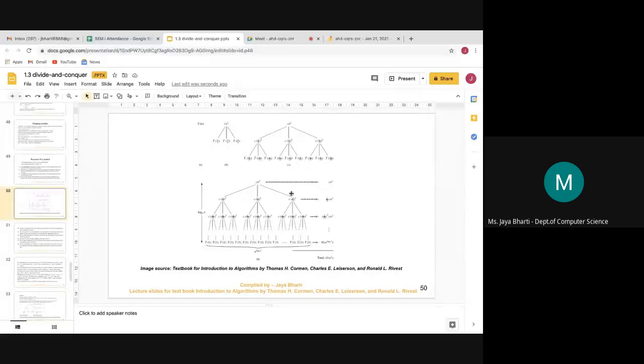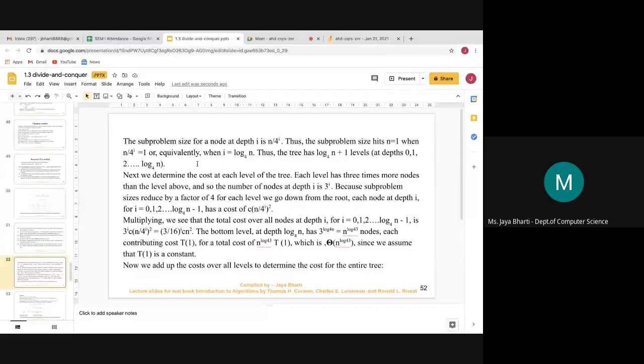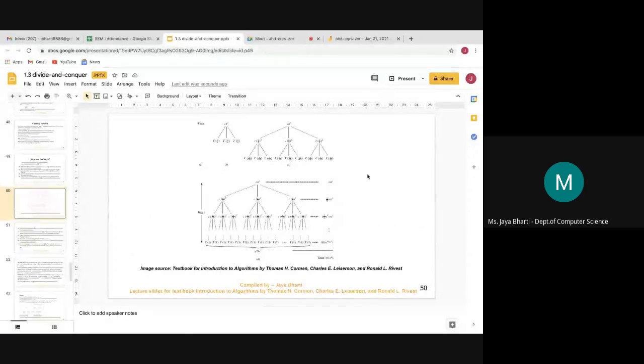We can see that we need to go multiple steps, so we need to keep dividing until we get the problem of size 1. So the problem size for a node at depth i is n by 4 to the power i. We can see this is the first level, this is the second level. So at the first level you can see the